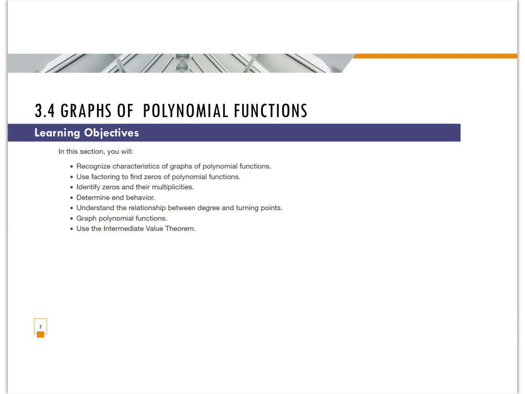Your objectives, as usual, I put them up there for you to see what kind of things we're going to do. We're going to recognize characteristics of graphs of polynomials. We're going to use factoring to find zeros of polynomials. Those are your x-intercepts. We are going to identify zeros and their multiplicities, because when a function looks like a